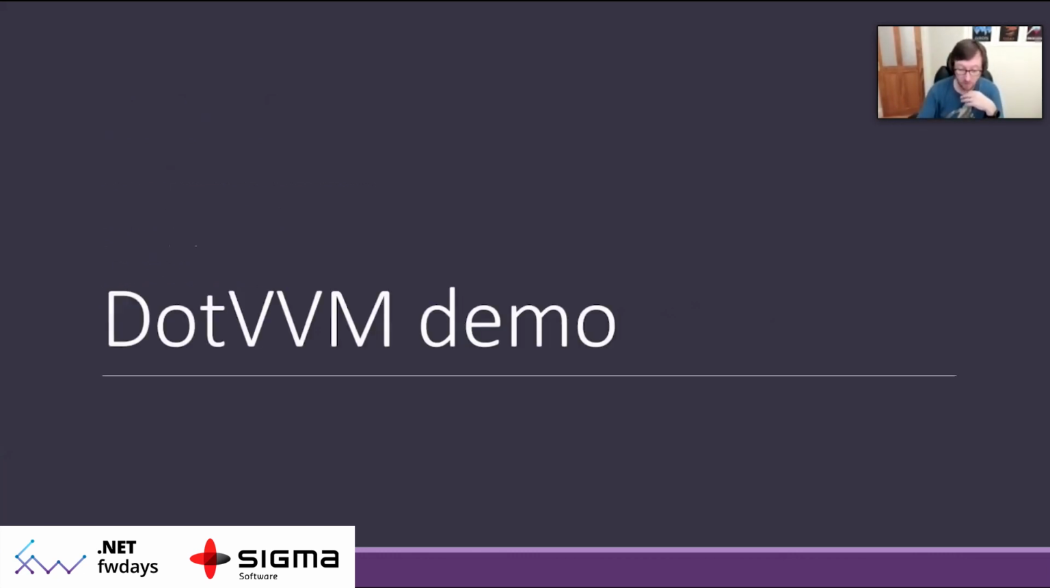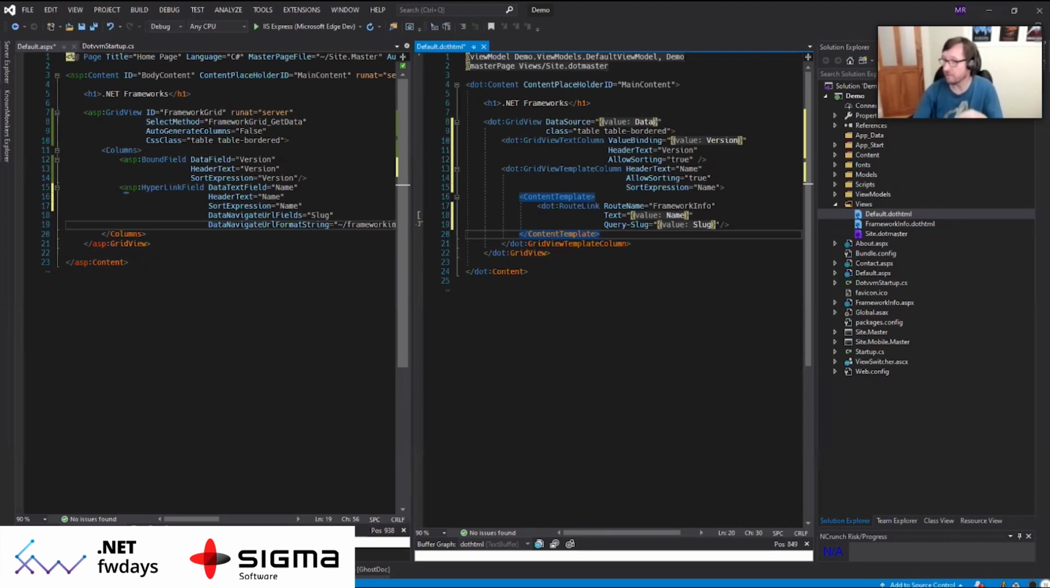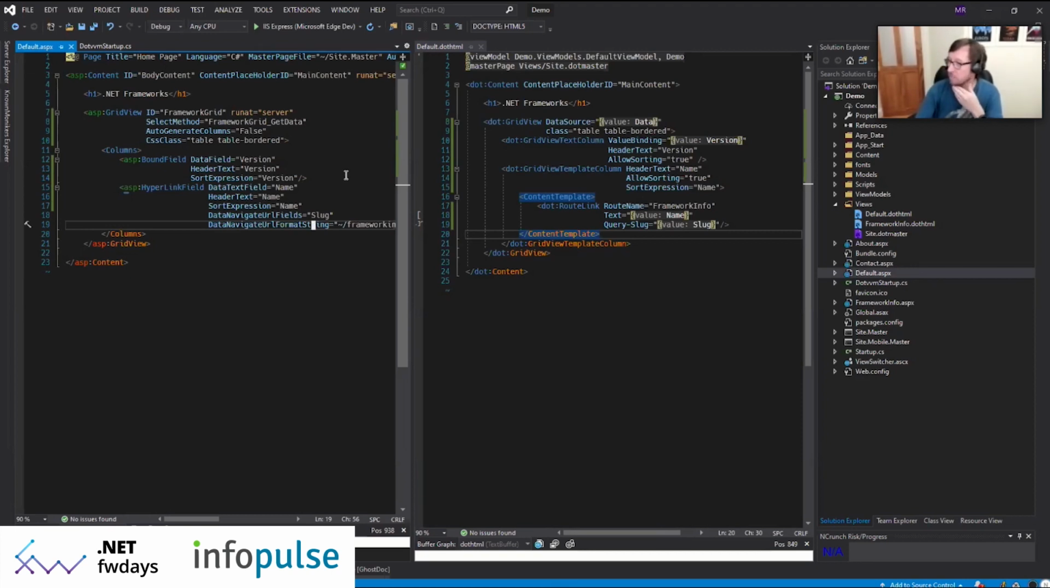So let's take a quick look at some .VVM code, which I have prepared earlier. So here I have an application, and if I just run this quickly, so this application is currently just using